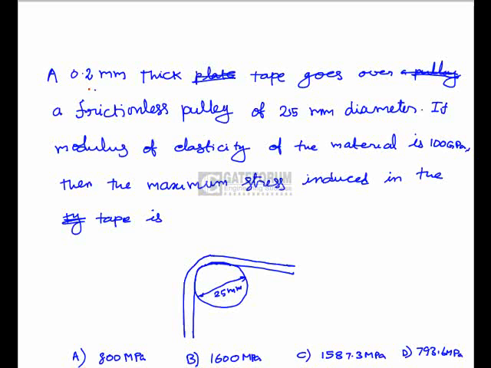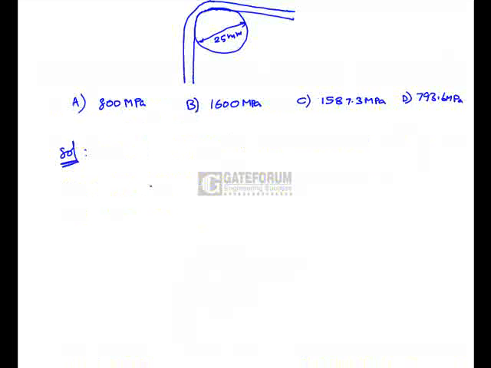A 0.2 mm thick tape goes over a frictionless pulley of 25 mm diameter. If modulus of elasticity of the material is 100 gigapascal, then the maximum stress induced in the tape is. Here it bends over the frictionless pulley of diameter 25 mm. So here consider it's like a simple bending, then